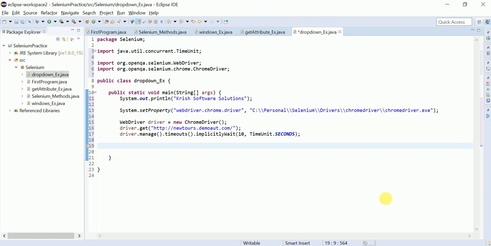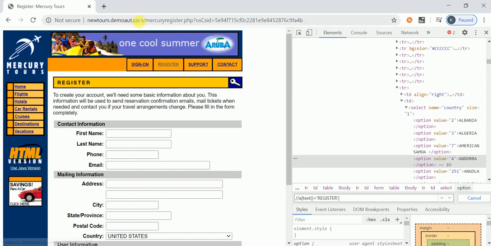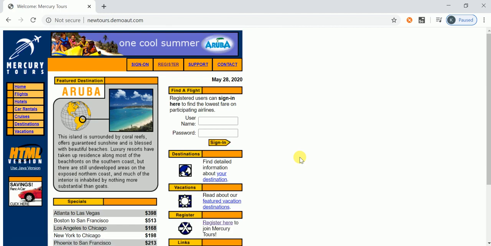Now let me show you the scenario we are going to work on. Let me take a sample application here. Once you open the URL, this is the page we are going to get. The page is loading. These different areas are very much required for us to work with Selenium: how to work with radio buttons, drop downs, frames, windows. These are all very, very important. If you know all these things, you can easily work with Selenium, because you need to know how to play with the controls, I mean elements. If you know how to work with the elements, you can easily work with the Selenium part.